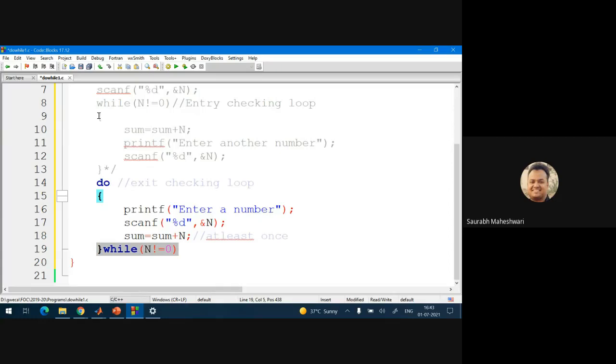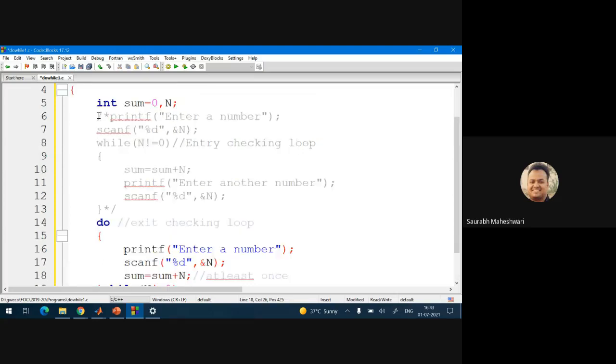So this is the exit gate lock and there is the entry gate lock. So where will you use a do while loop? Where you want the body of the loop to run at least once. It has to run one time. Fine. Any doubt?